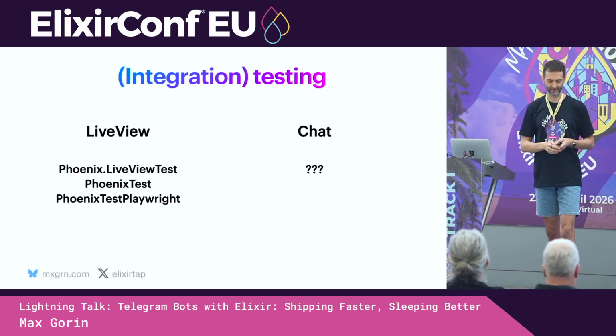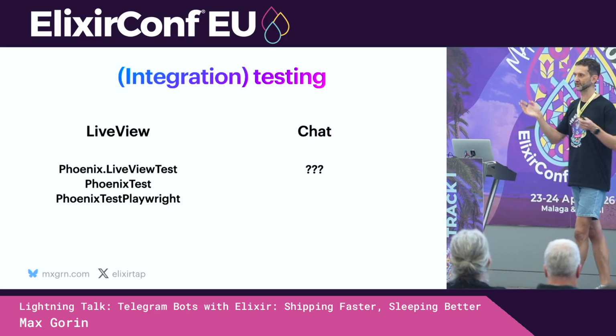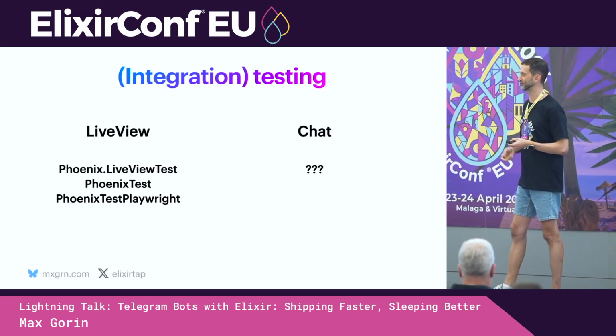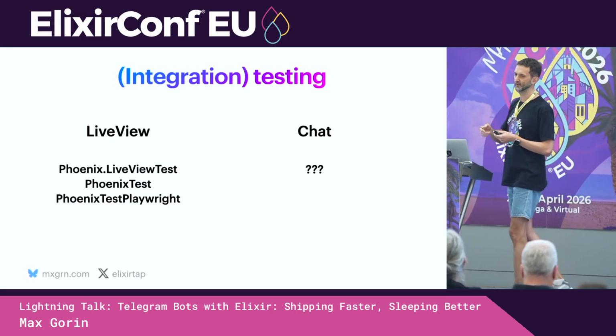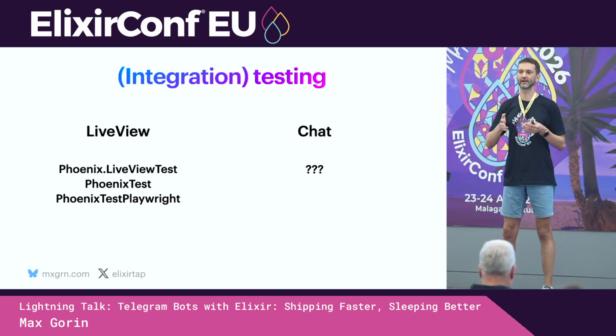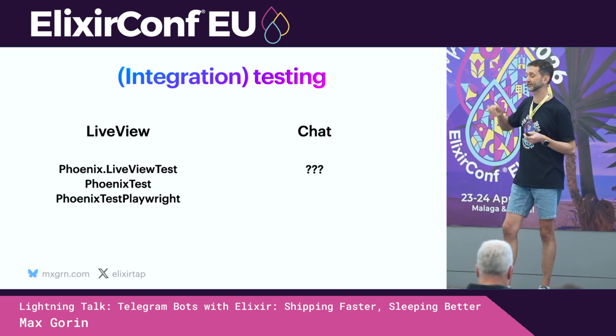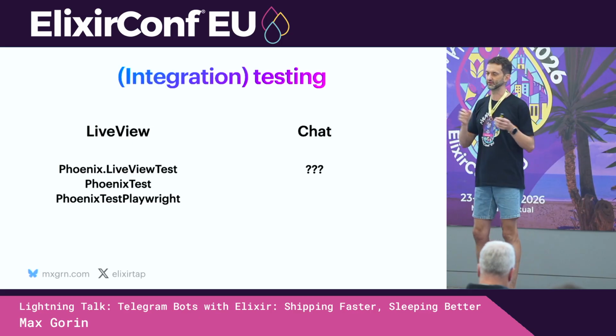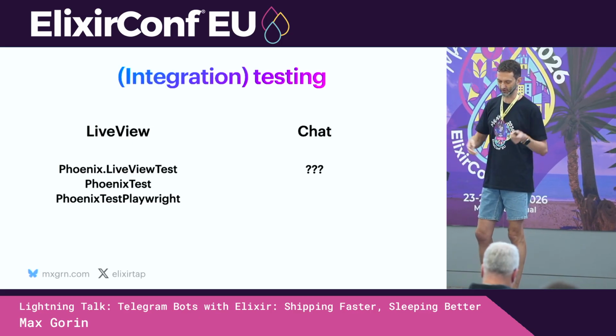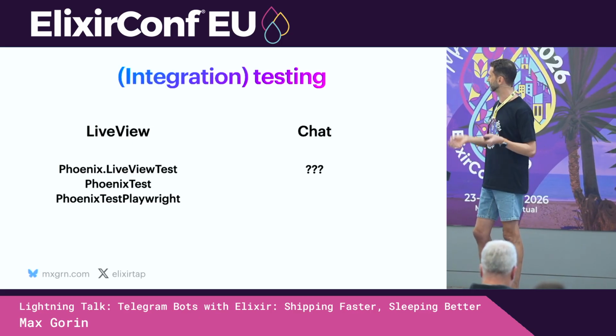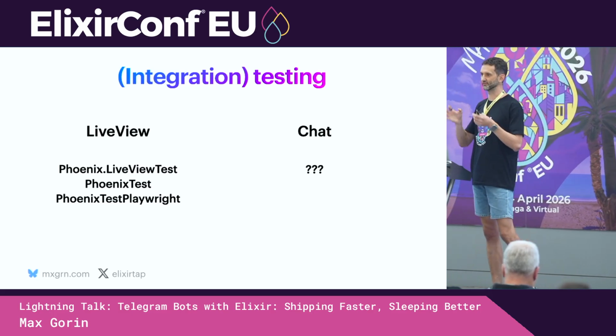So let's say you're sold on building some Telegram web app, a Telegram mini app. What about testing? Okay, LiveView is familiar, everybody knows we have great tools for that. So what about testing the chats, right? And for a long time, I relied on unit tests for this. But as my bots became more sophisticated and I got more of them, I wanted integration testing for that,